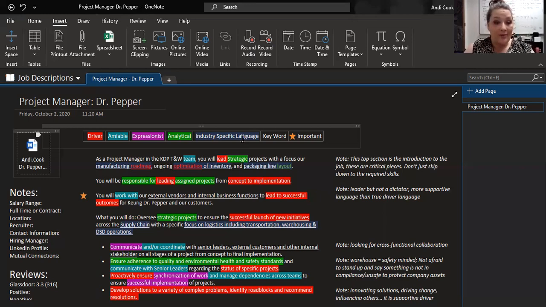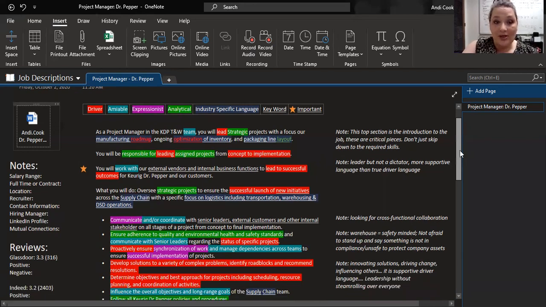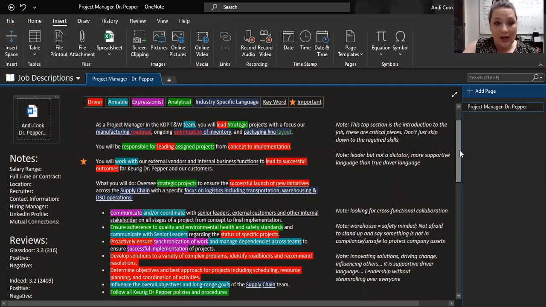I make note through underlining of any keywords, and then I have a star if something is super important that I want to remember. In this job description, I was very interested to see how they introduced the position. So as a project manager with the Dr Pepper team, so KDP, T&W team, they're using words that are supportive and amiable. You will lead strategic